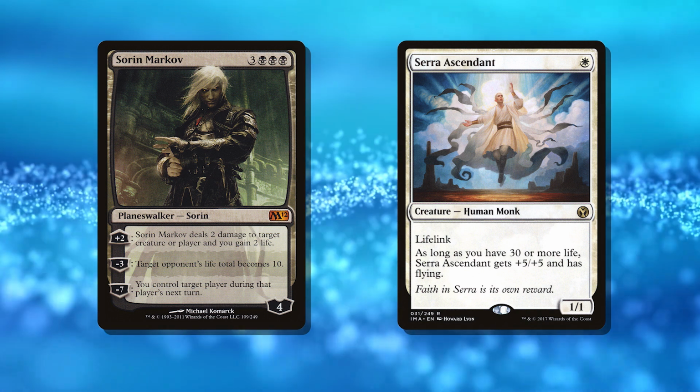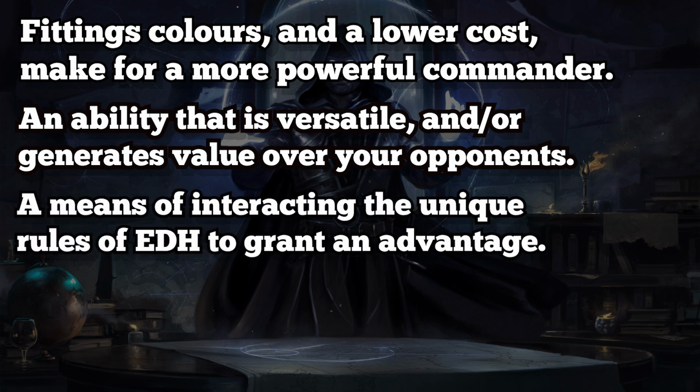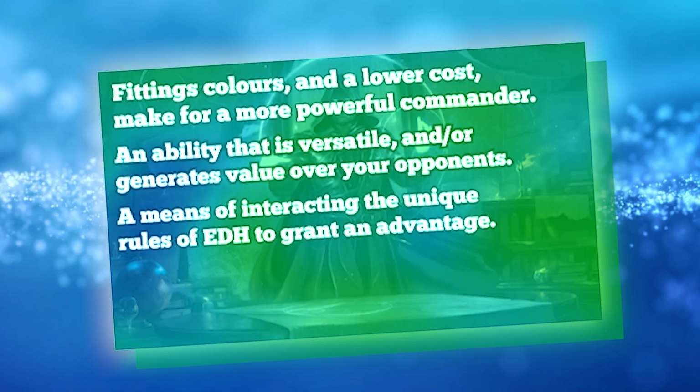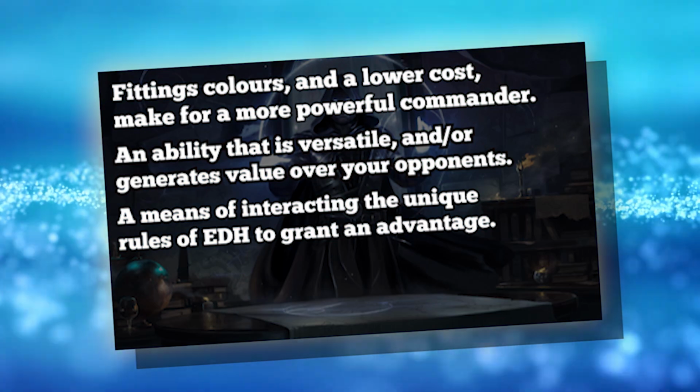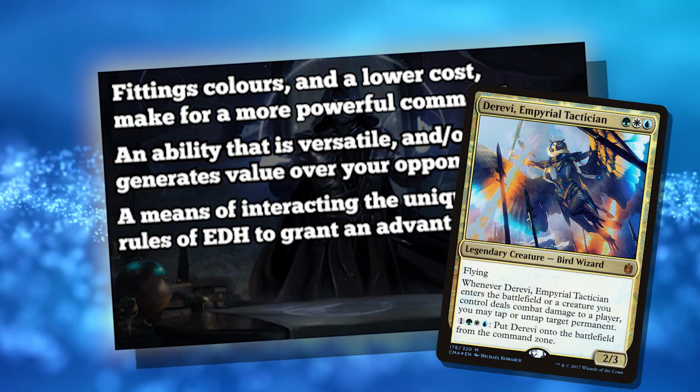Articulating the point best I can, I believe strong commanders tend to have a means of interacting with the unique rules of EDH to grant an advantage. So, that's it. We've cracked the formula for the ultimate commander, and how or why cards like Derevi are strong commanders. But,